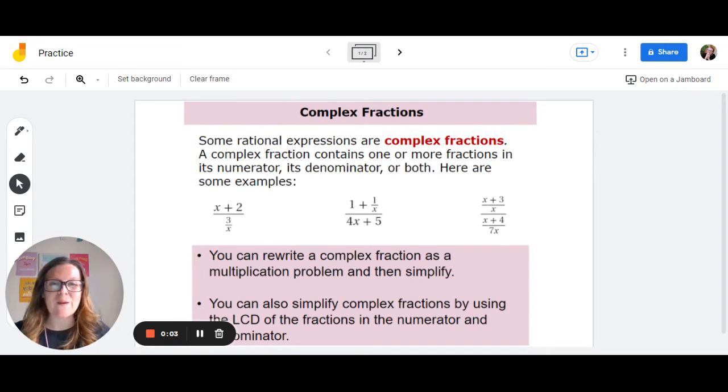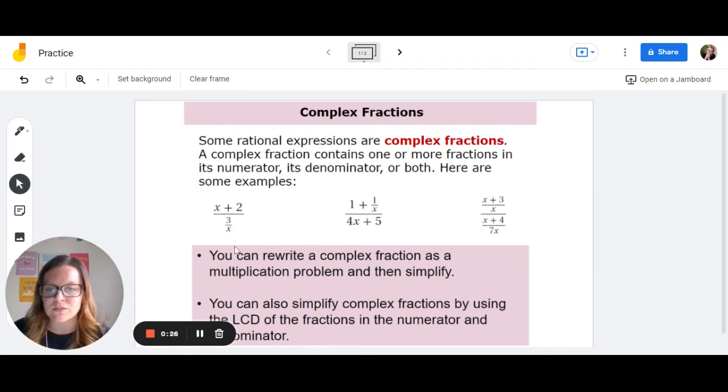Next, we're going to talk about complex fractions. So some rational expressions are complex fractions, meaning that there are one or more fractions in the numerator, its denominator, or both. So here are some examples. It's like a polynomial divided by another rational expression. This guy has a rational expression in the numerator, and this guy, oh my gosh, how exciting, has it in